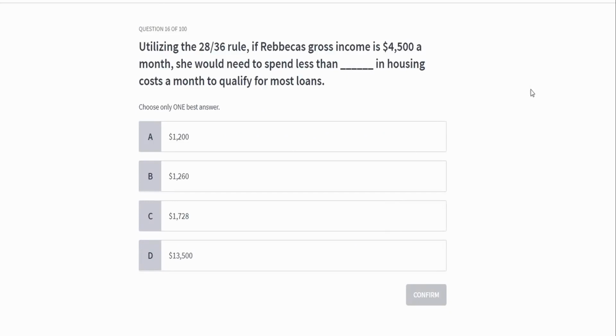Alrighty. Oh, here we go. Here's a little math problem. Uh-oh. All right. So question 16. Utilizing the 28 by 36 rule, if Rebecca's gross income is $4,500 a month, she would need to spend less than blank in housing costs a month to qualify for most loans. Is it A, $1,200? I'll read it a little differently. I apologize for that. Is it A, $1,200? Is it B, $1,260? Is it C, $1,728? Or is it D,